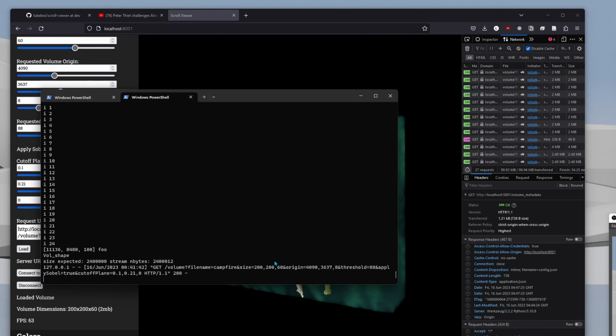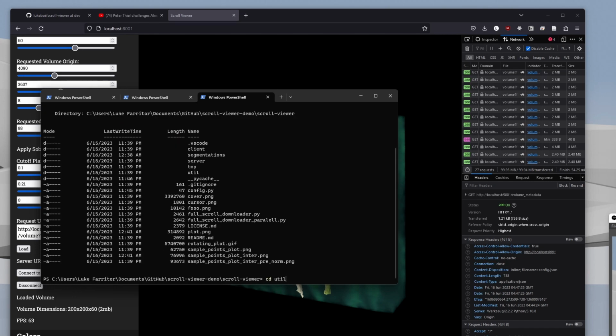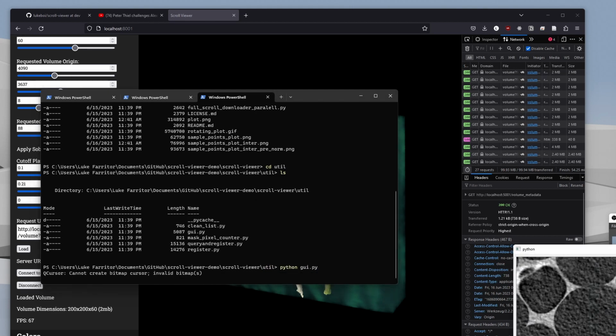this is all fine and dandy, but we need a way to create a bunch of these little fragments and then combine them. And I've also written a tool for that. So let's open another tab, go to our documents, go to GitHub, go to scroll viewer, yep. Then cd into util, and then we have a few different scripts here. Do python GUI.py. This uses PyQt as well,